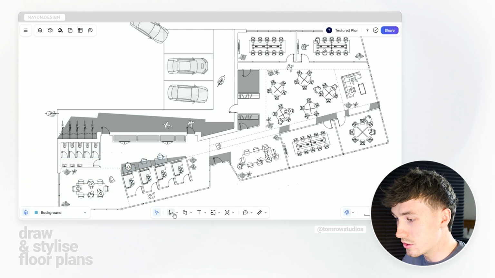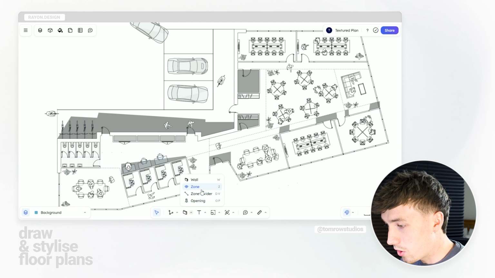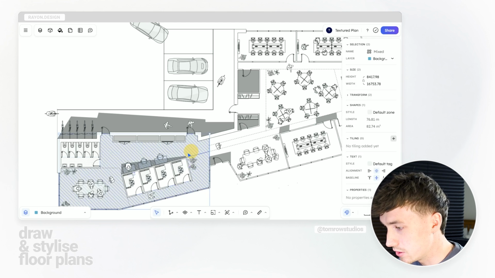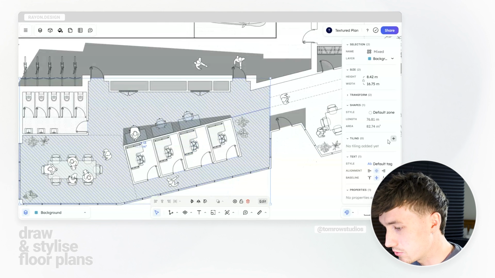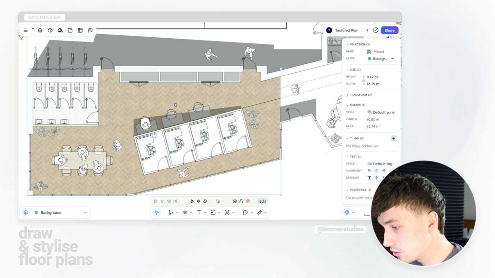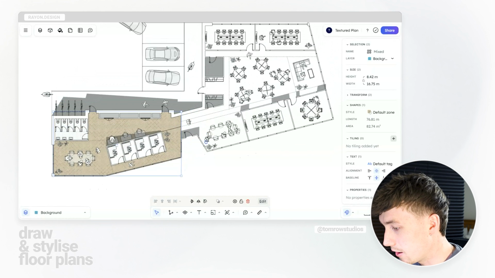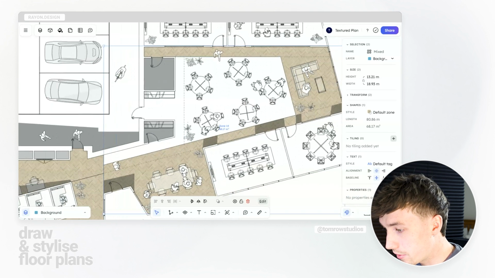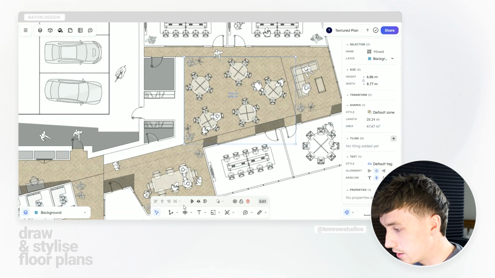So to begin with, I'm just going to use the black and white base that I had previously, but maintain the shadows. I think the shadows are working really well for these drawings, so I'm going to maintain the shadows in here. And all I'm going to do is change the zone hatch to a texture hatch and add this wood effect. I'm going to apply it throughout the floor plan,